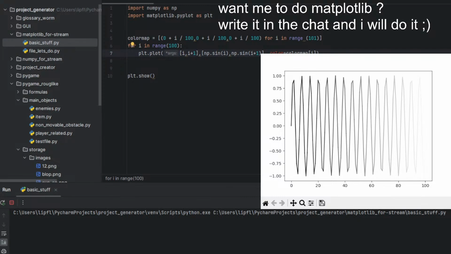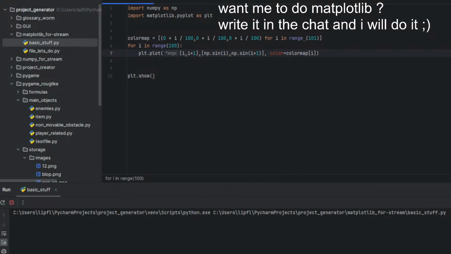Hello to the ones who joined, doing some Matplotlib, trying color mapping.